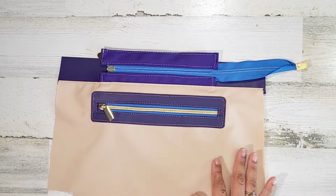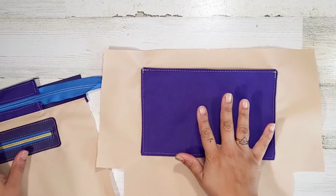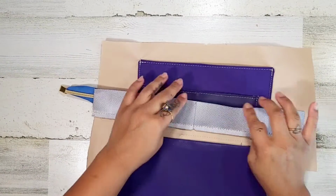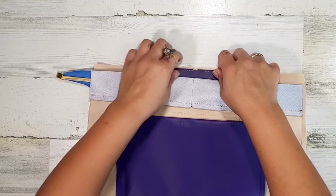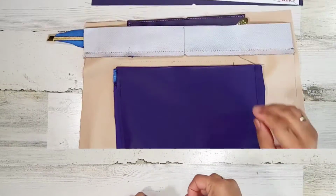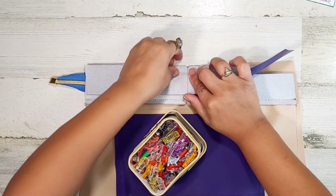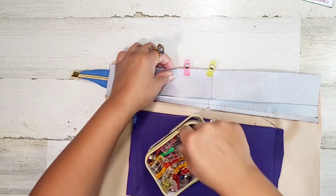Okay, now we're going to repeat that same process to get the other side attached. So grab your other lining, right side up. Take your zipper panel and place it right side up. Match up your midpoints, pin them together and then baste it at 1/8 of an inch seam allowance. Grab your other lining contrast band, match up your center points,